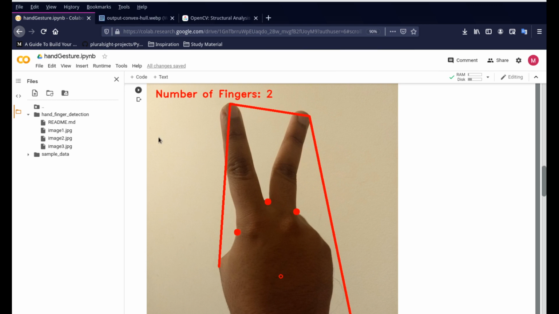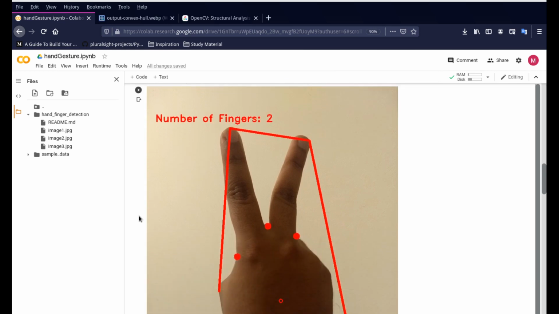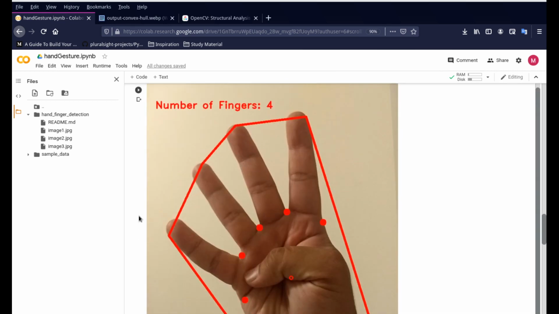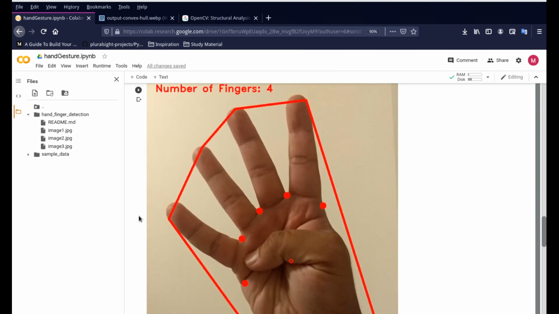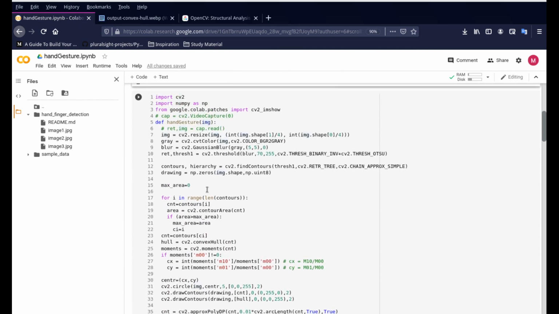If the background had too much color in it, or if it was as dark as my hand, then it would have been difficult, and there would be errors in the finger detection process, so it would not be the best. That's the reason this algorithm's output, as you can see, is perfect. When you're taking your images, just make sure the hand is on a plain background and on a lighter shade. If it is on a darker shade, or if there is a little bit of difference, you can always play with the threshold variables so that the hand can be taken out properly.